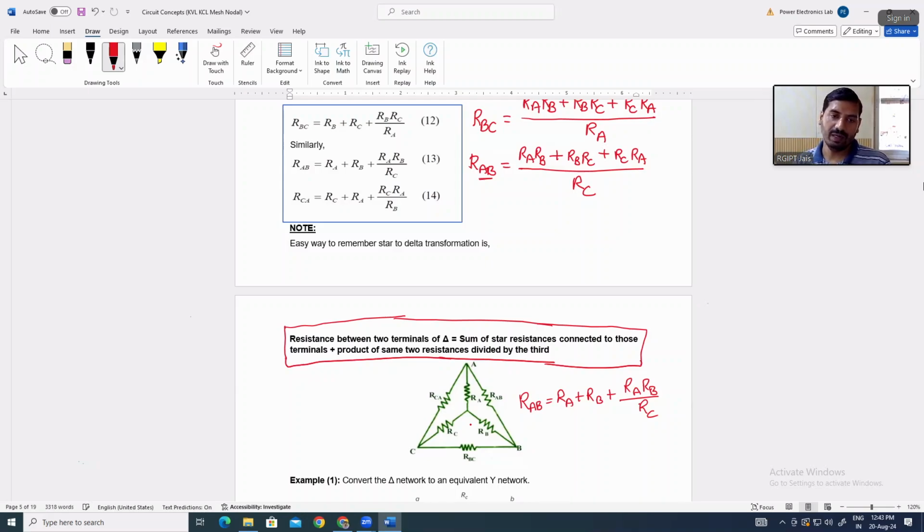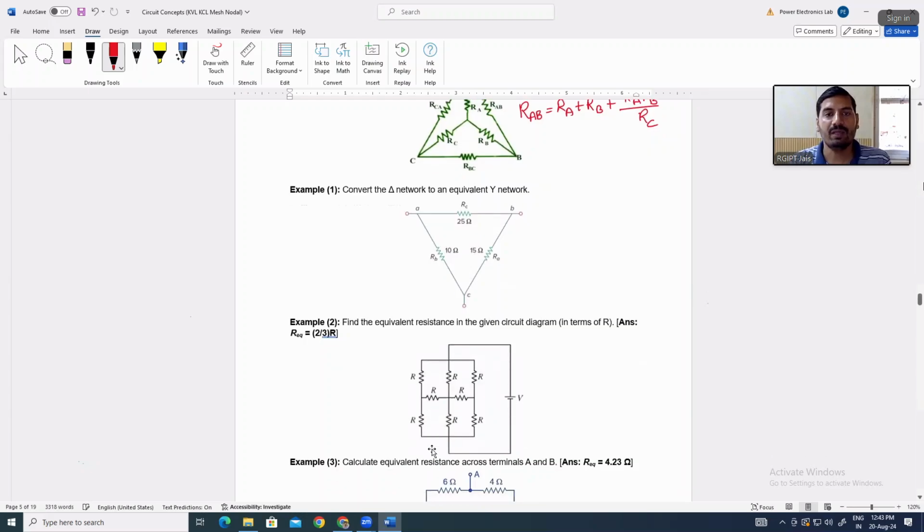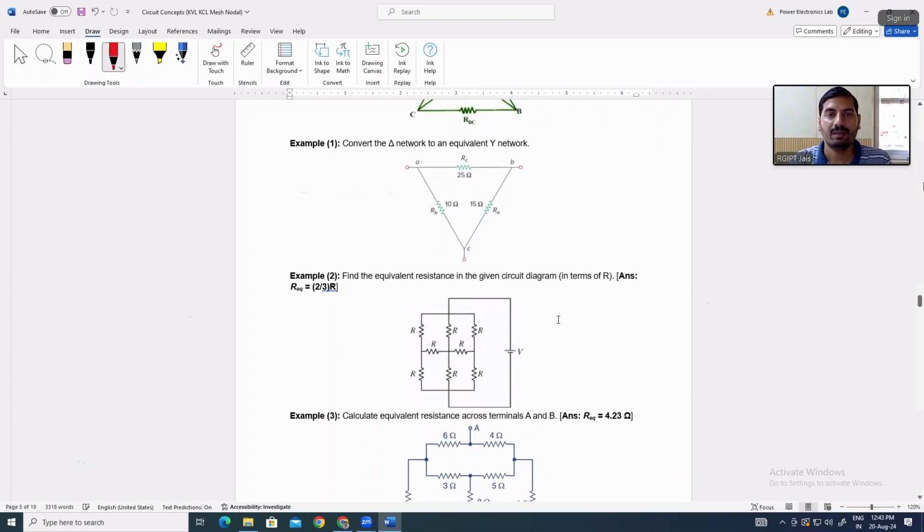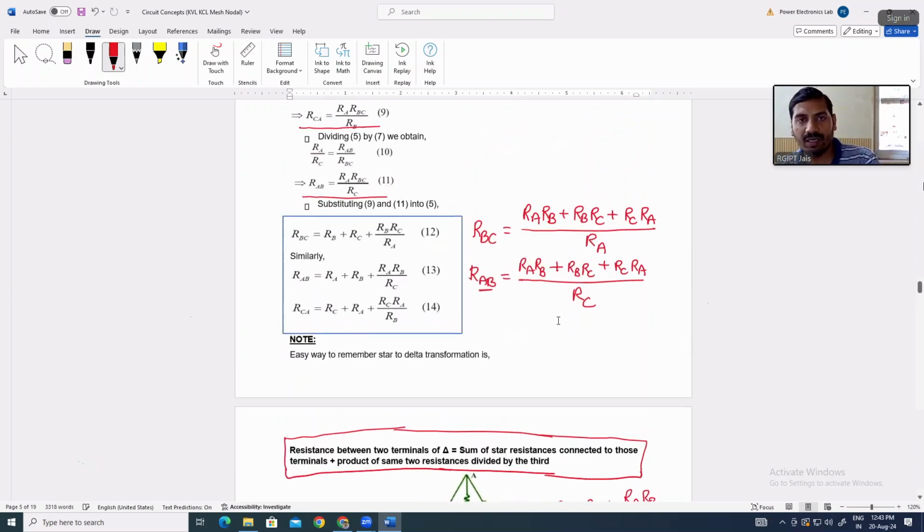And if you find any complex circuit, any complex network where the circuit will be easy when we convert from delta to star or star to delta, we will straight away use this conversion principle and we can solve or simplify our circuit. So the first example here you can find, okay, before that,